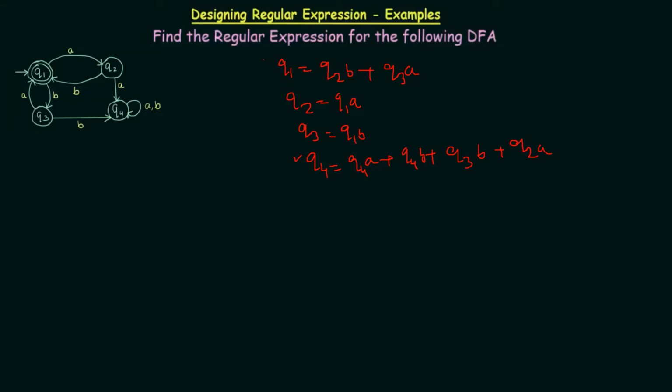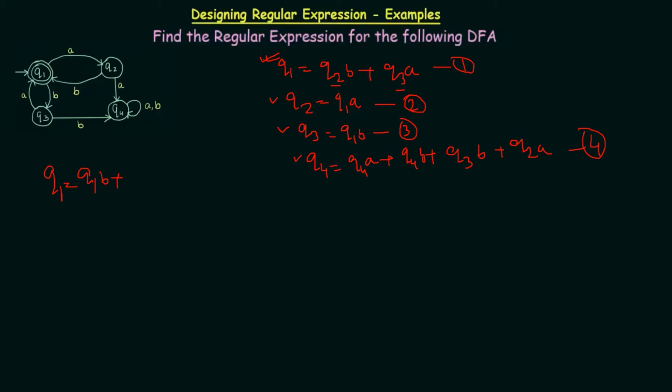We cannot expand these two because it will get much more complex. I think it is wiser to start with this one as we already have the values of these two. So let's give these equation numbers 1, 2, 3, 4. Let's start working with equation number 1. Put the values from equation number 2 and 3 and we are going to get q1 equals to